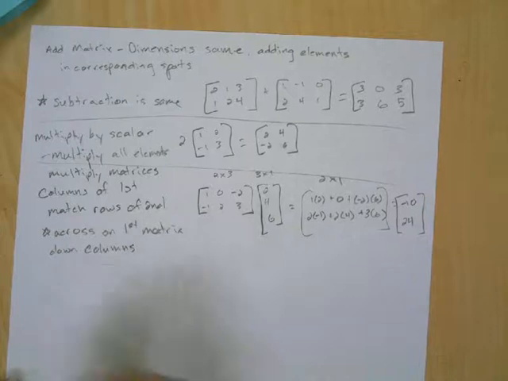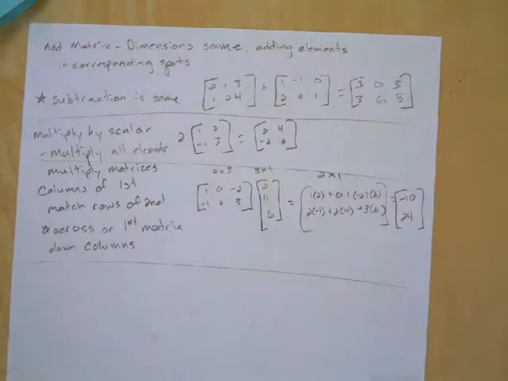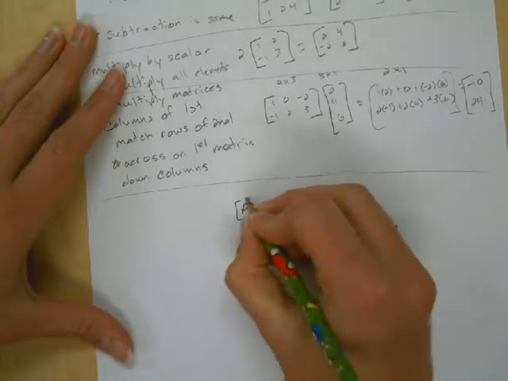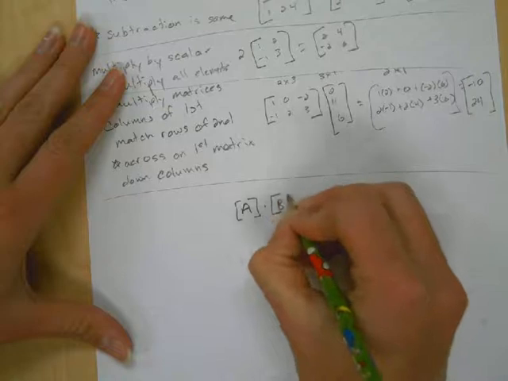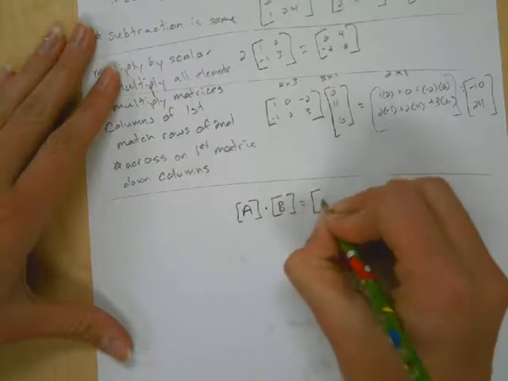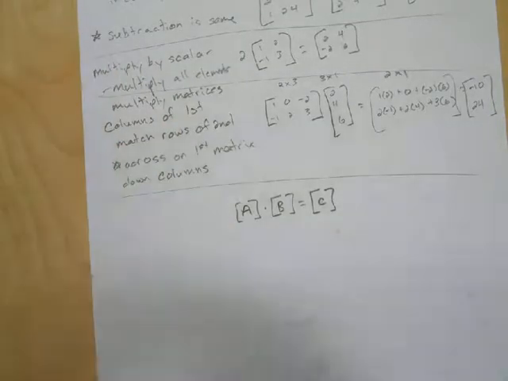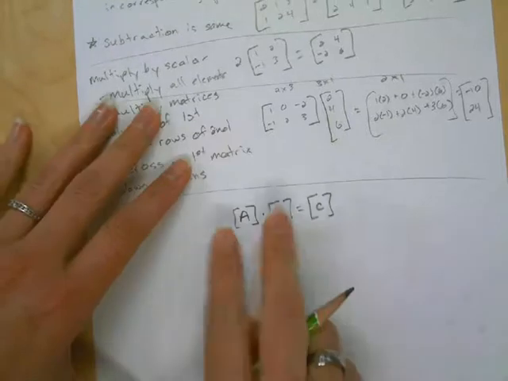So those were the basic operations. And then we got into what we do with matrices. The whole idea behind matrices is that we can use these to solve systems. We can do lots of things with them, but their main purpose is to solve systems. One of the main concepts we've been talking about is that if I have matrix A times matrix B, and it equals matrix C, no matter what these matrices look like, assuming that you can actually do the multiplication,